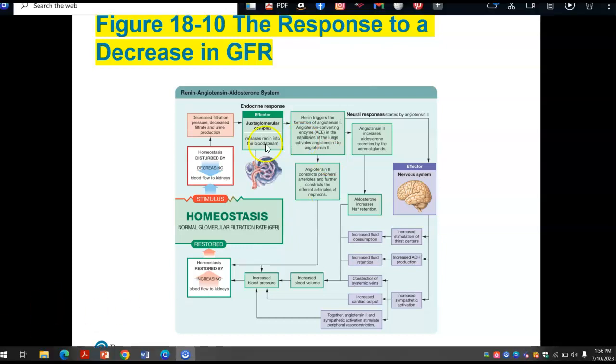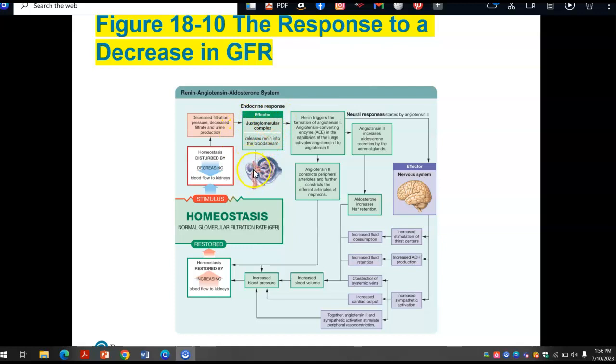All right, so this illustration here, diagram, shows you what happens to restore normal GFR. Of course, negative feedback is involved here. So it shows you what happens if blood flow is decreased to the kidneys. Okay, so that's the stimulus, blood flow is decreased to the kidneys. And you can follow this through, but it shows you the role of the juxtaglomerular complex, which I talked to